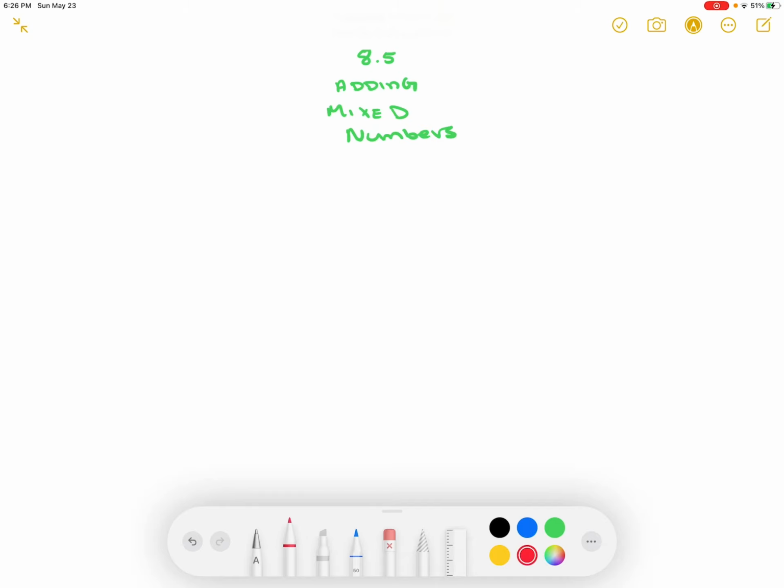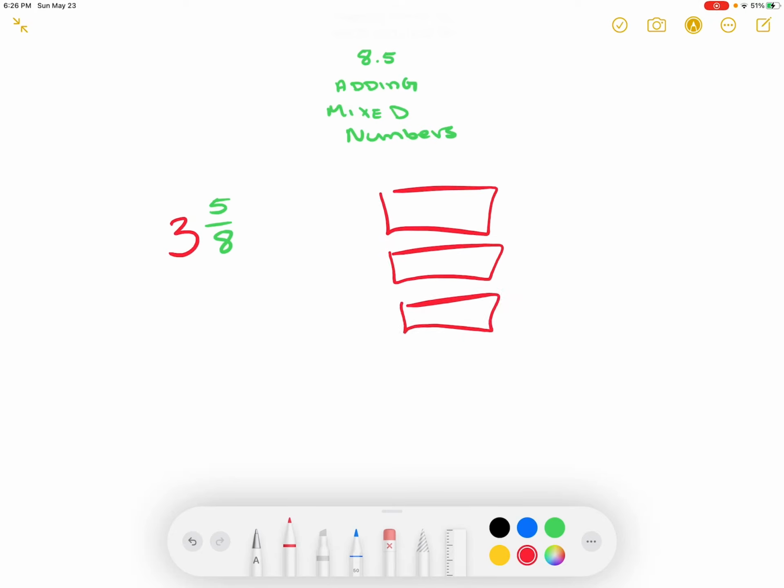Right, this is how to add mixed numbers. So let's remind ourselves, what is a mixed number? A mixed number is a whole number like 3 added to a fraction like 5/8, right? And literally what it means is you have 3 wholes. Well, let me put it in red. You've got 3 wholes